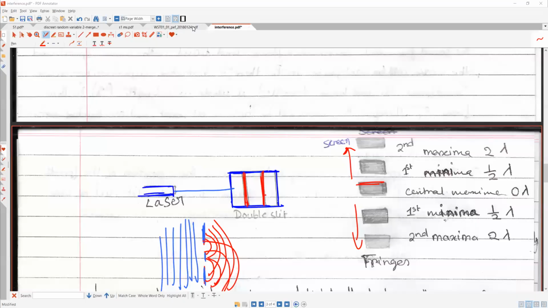Now let me show you how laser interference looks. Let me pause the video. These are some examples of laser interference. Can you see the center one is the brightest? As you go left, if you zoom in, between each bright spot you have a gap. The bright one we call maxima, and the one in between two maxima we call minima. Maxima is constructive, minima is destructive. The center one is the brightest.